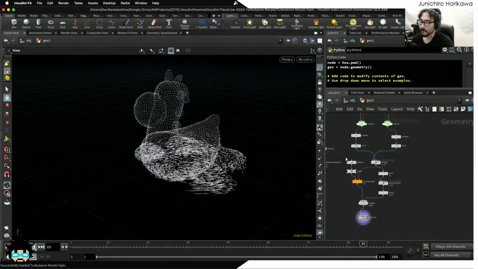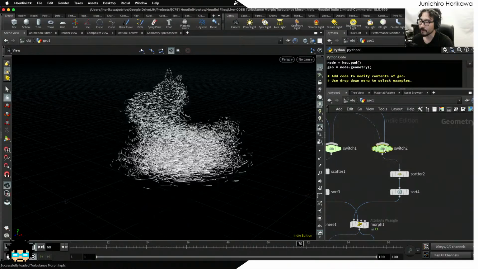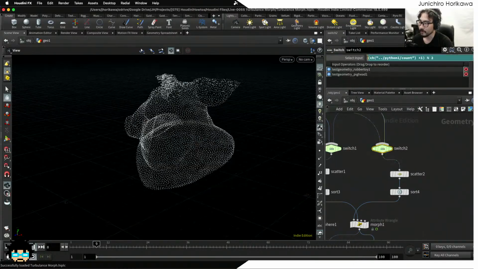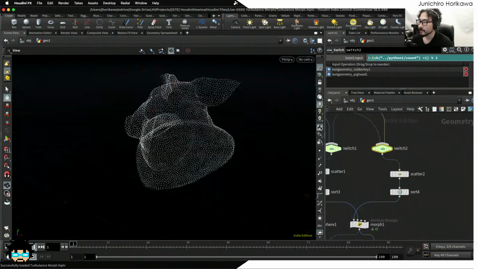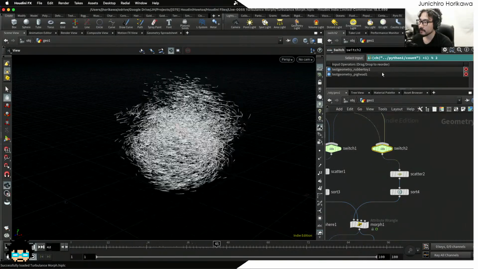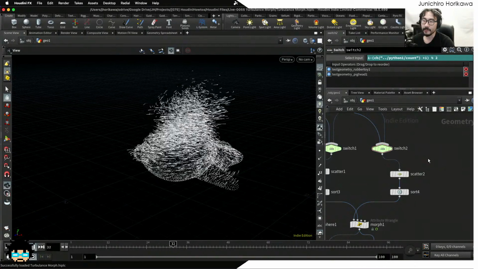And I'm going to show you how you could actually create this kind of morphing effect going from one object to another, just by using a Vex code,